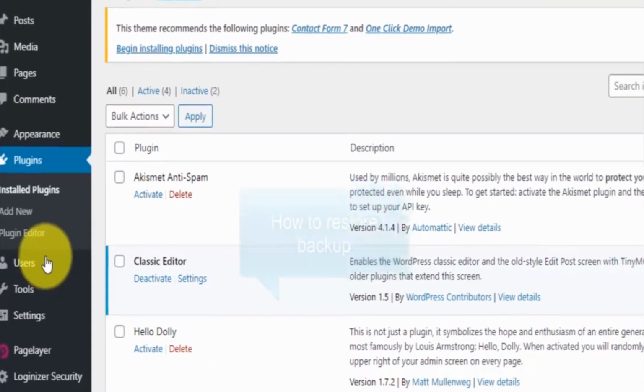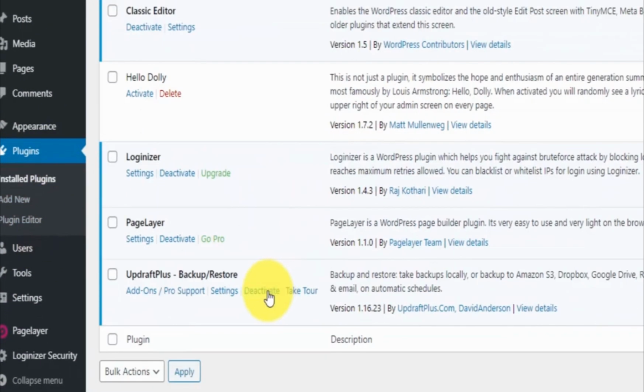Click on plugin and Updraft. Click on settings.